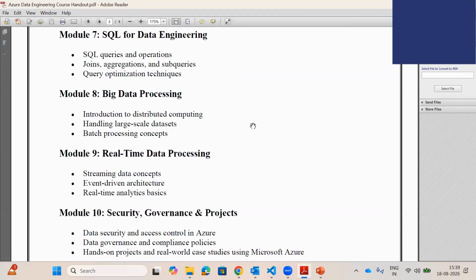Coming to module 8, big data processing. When we talk about big data processing, the famous technology is Hadoop. Now, what does Hadoop actually do? It not only keeps all the data at a single place, it distributes the data. They keep the data in multiple independent storages, which are however connected with each other. Not only is the data dumped into multiple places in a distributed way, the compute is also distributed.